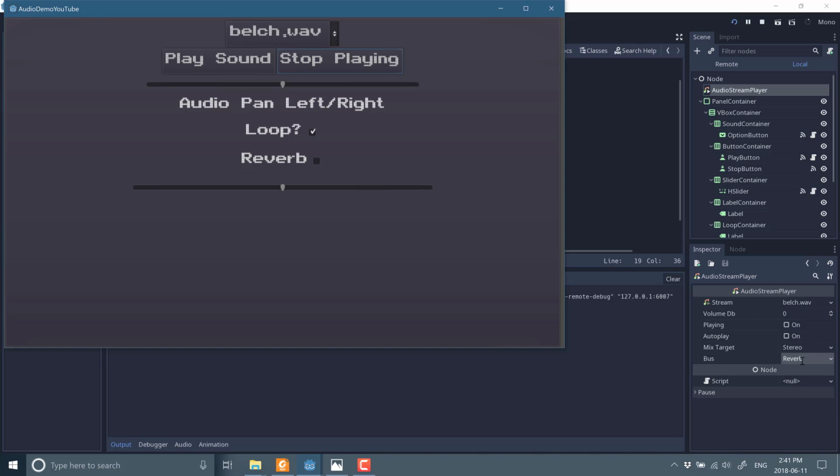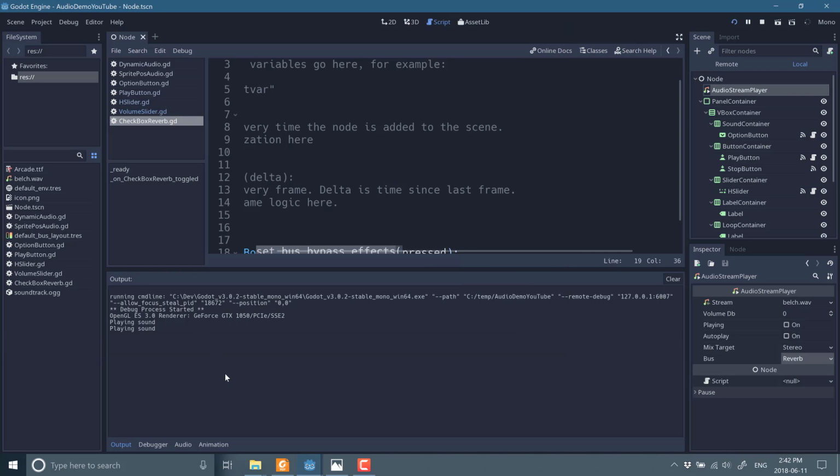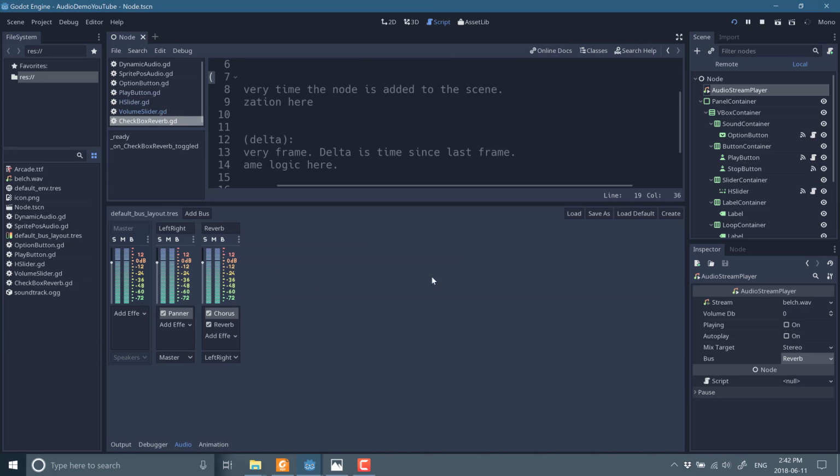So even though we're saying start at the reverb portion of it, we can then turn that one off using bypass. And if we had a really complicated audio bus going on here, like with 5, 6, 7, 8 more layers, we can bypass ones in the middle by basically just turning them off and on. So if we wanted to turn panning off, we could just bypass this particular bus and it would work. But do keep in mind that you want to set the AudioStreamPlayer to the rightmost bus so it gets all of the buses in the chain, and you want to make sure that each bus passes through accordingly. So once again, if I switch this guy to run master, the panning would immediately stop